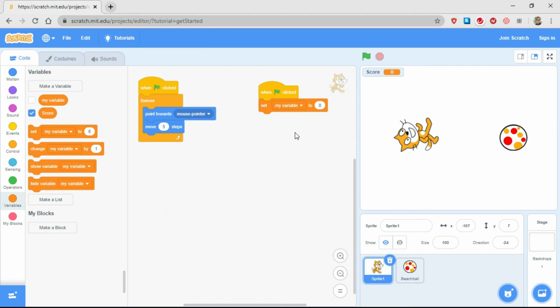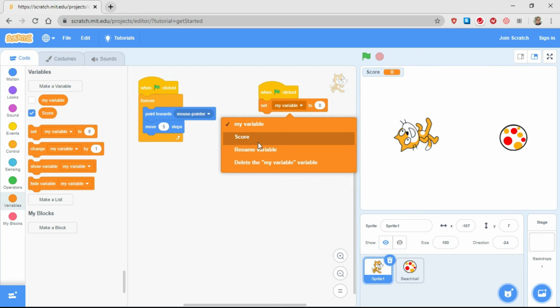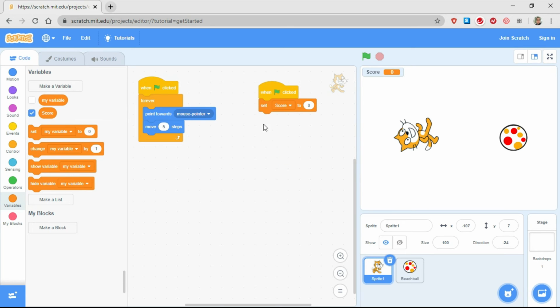You will need to change this to score, since we already created one. Just click on this arrow and you should see the word score. What it says here is when you click the green flag, the score will be set at 0. Next,